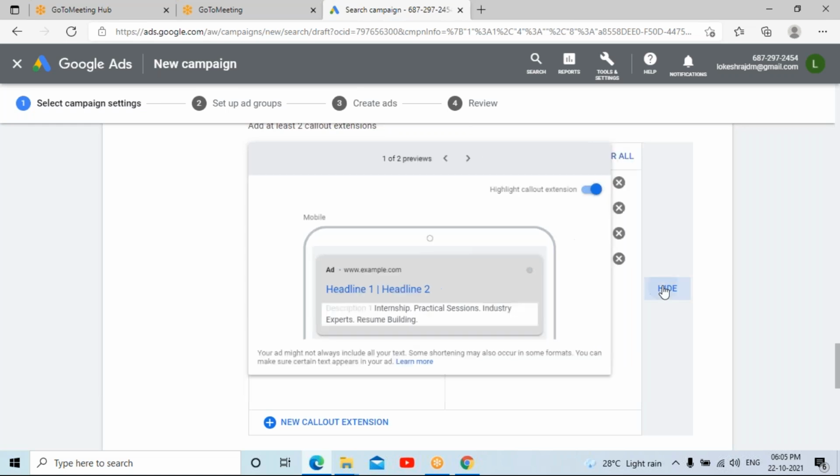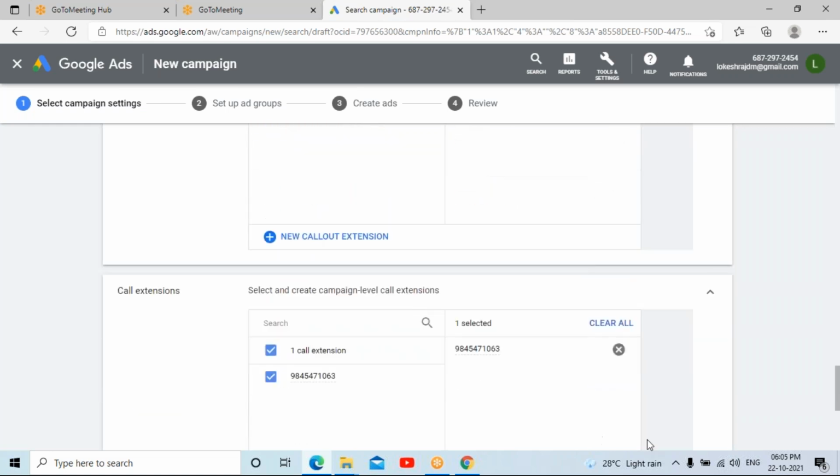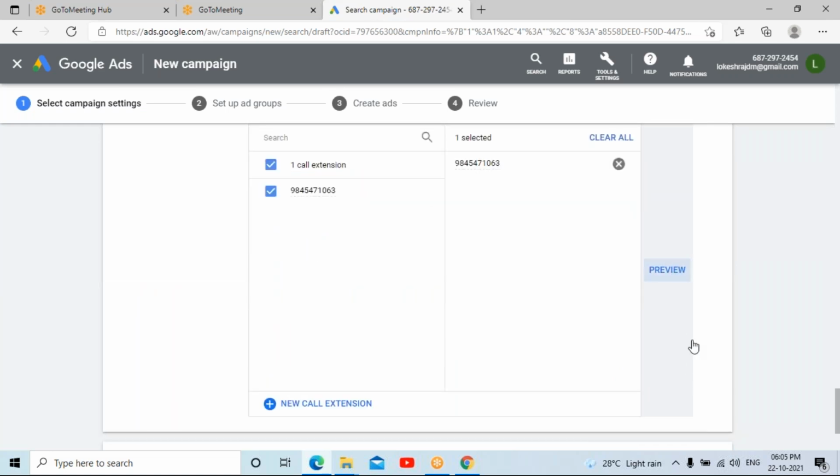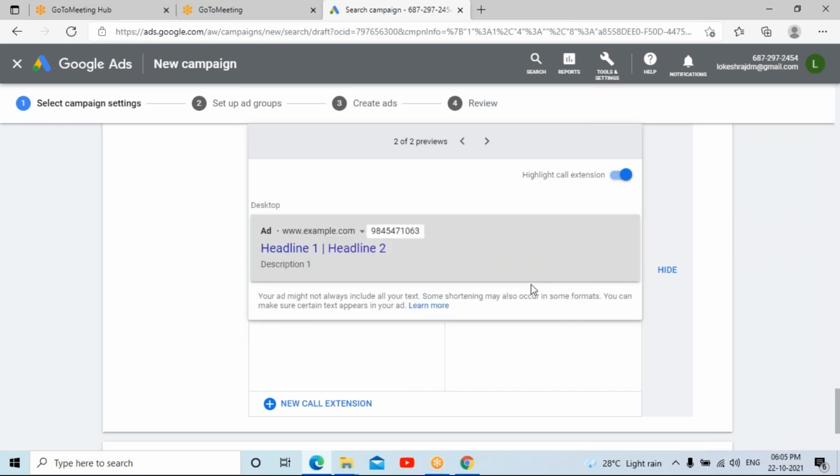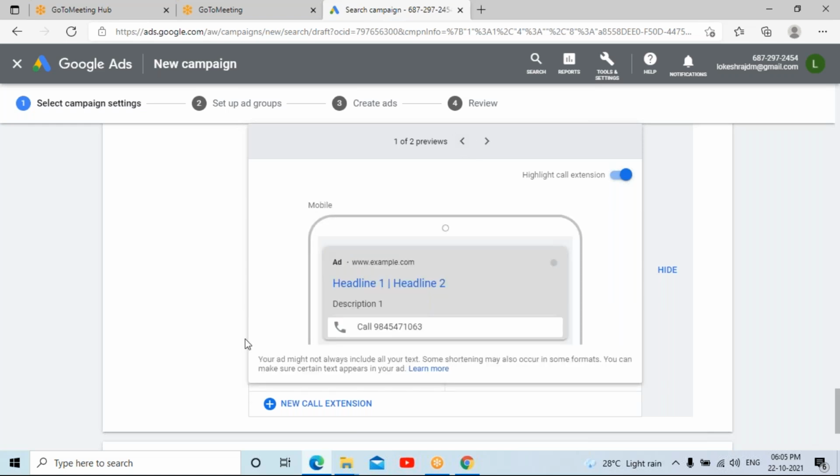This is for callout extension and this is for call extension. You can see the preview on both platforms, how it shows on the desktop format or on the mobile format. So these are the 3 types we have.